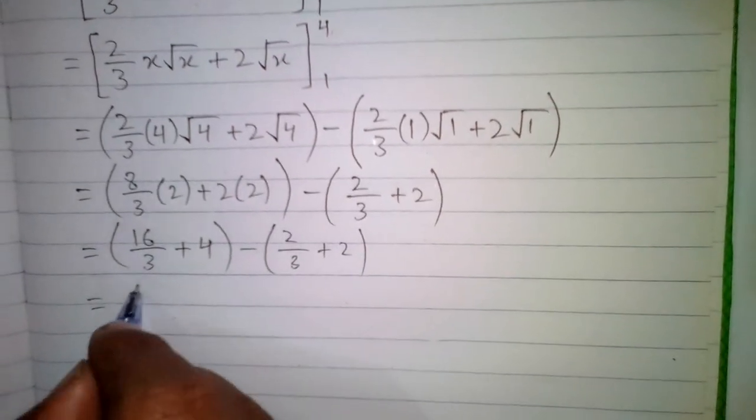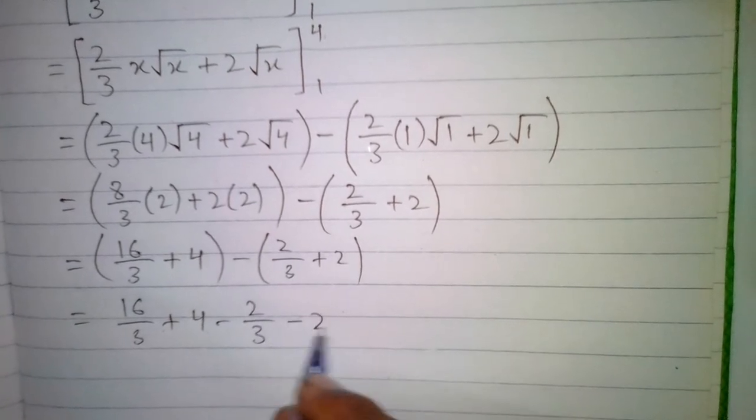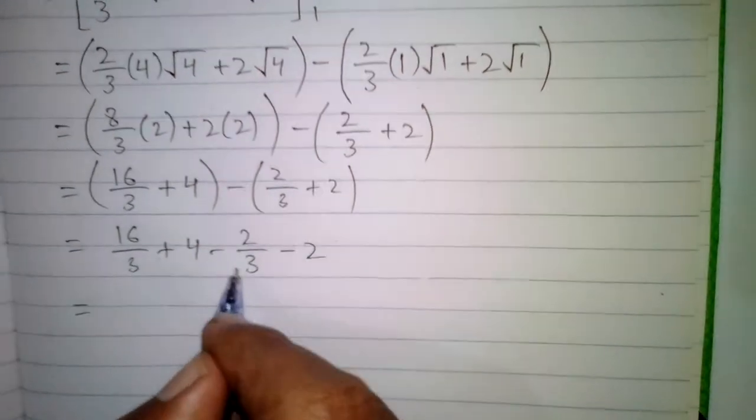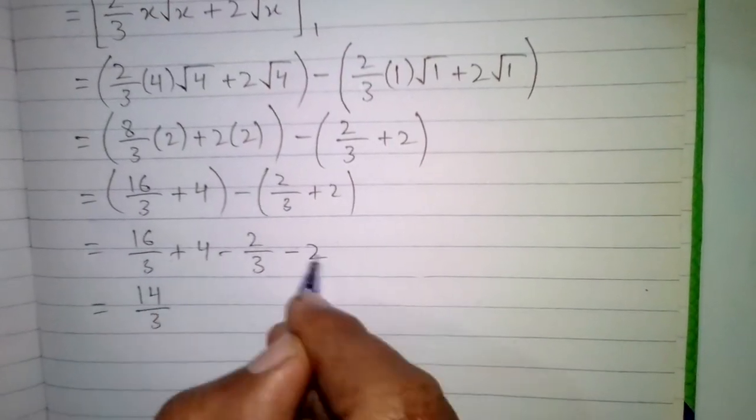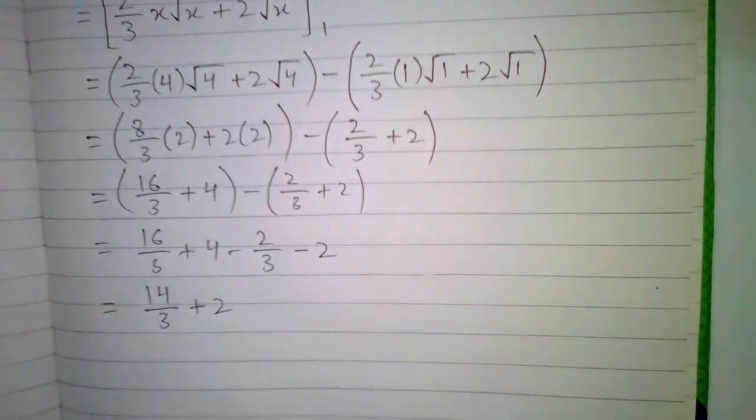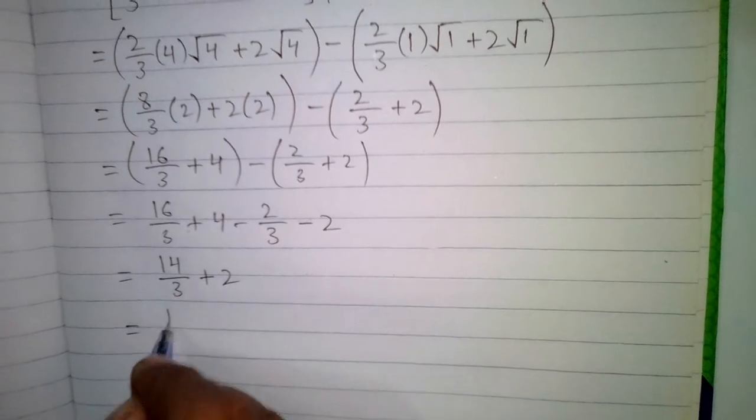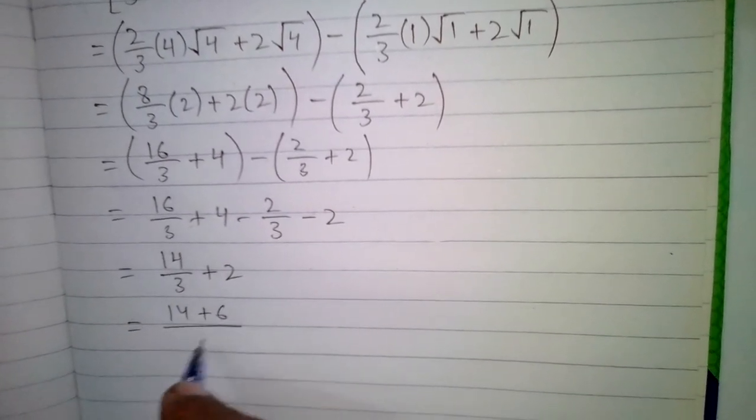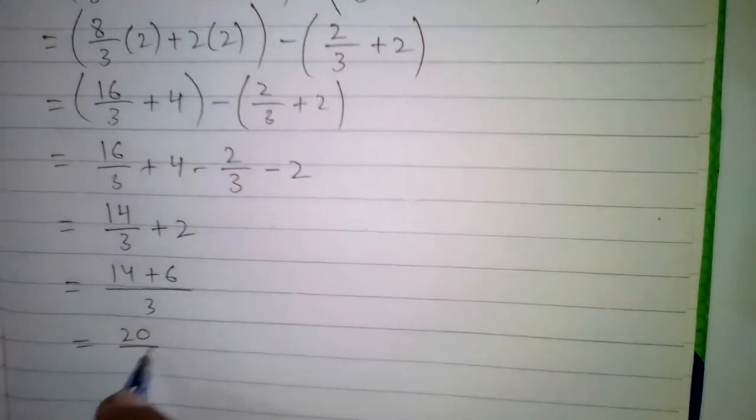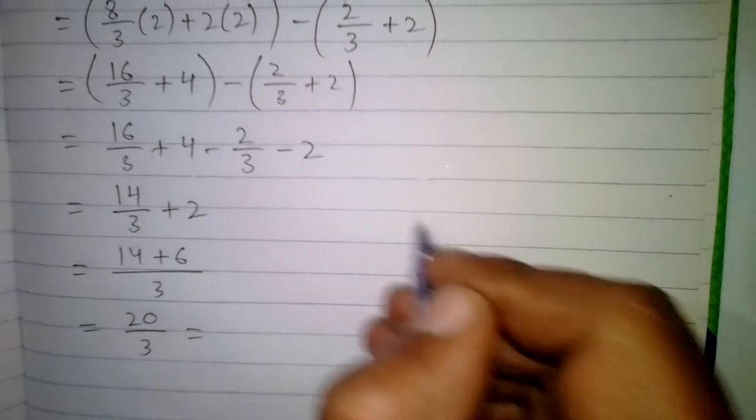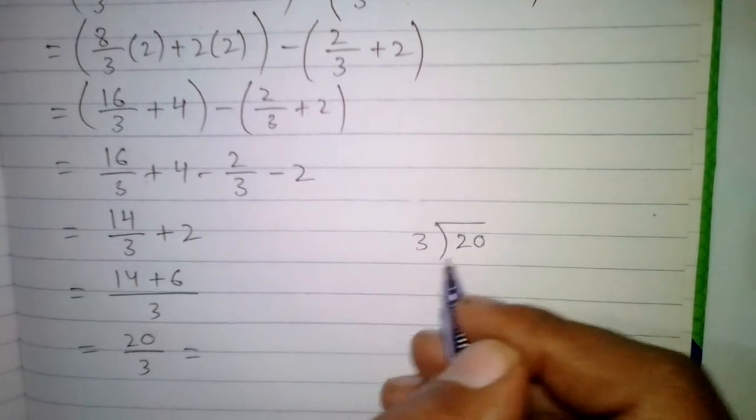Now we will open the bracket, so we have 16 upon 3 plus 4 minus 2 upon 3 minus 2. Now 16 upon 3 minus 2 upon 3 will become 14 upon 3, and plus 4 minus 2 is equal to 2. Now we will multiply this 3 by 2, so we have 14 plus 6 upon 3, which is equal to 20 upon 3, and 20 upon 3 can be written as, we will divide 20 by 3,